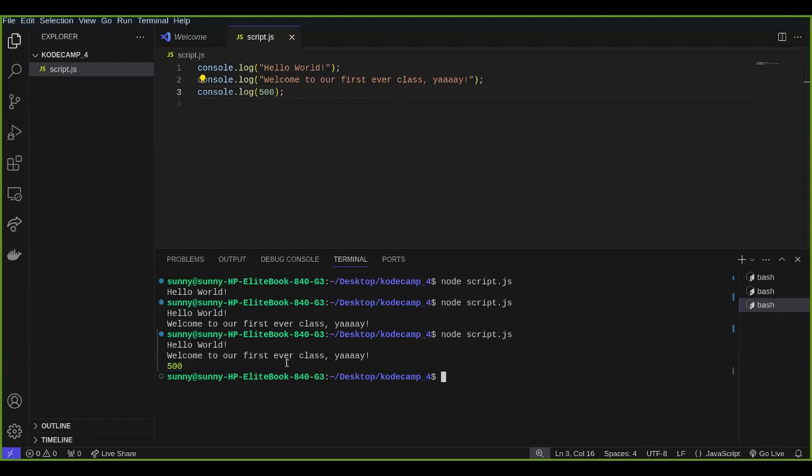Now let me just give you an introduction. There's what is called data types, right? JavaScript data types. You can go on your own and research about data types. What are data types? Why is one data type different from another? There are data types in JavaScript, and in our next class, we are going to talk about data types.